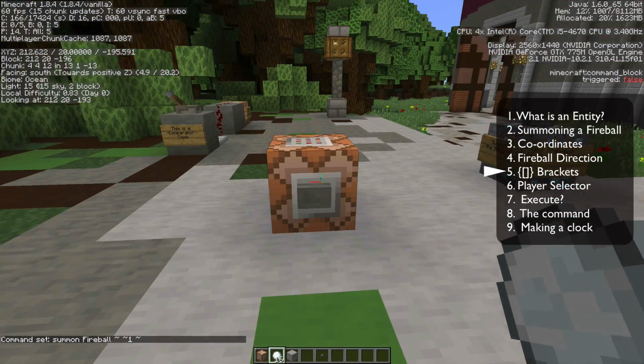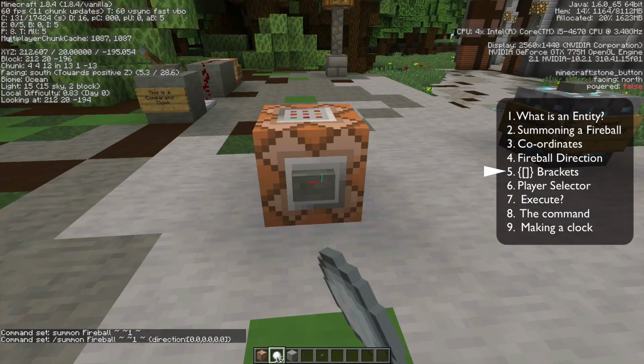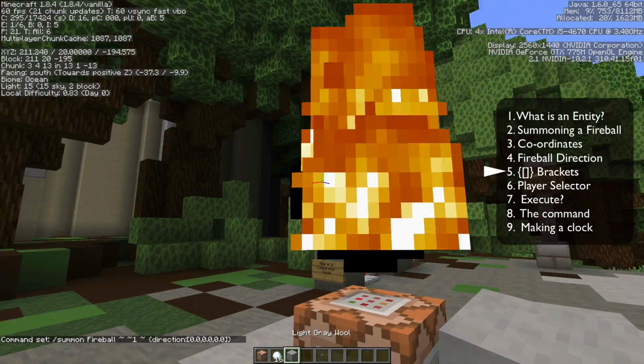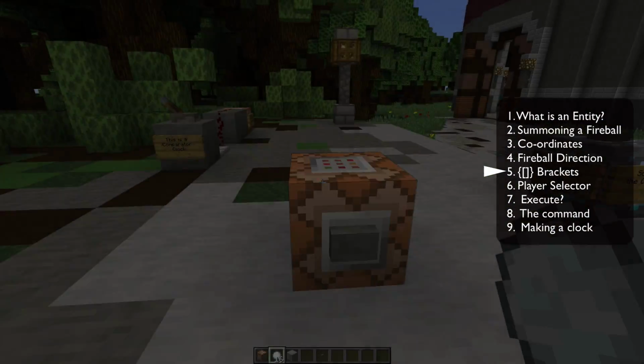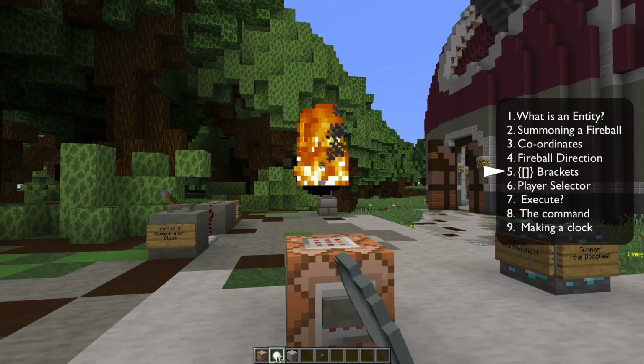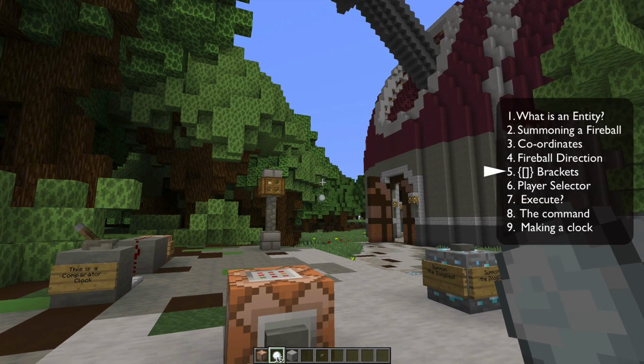Okay, right. Sorry, I didn't save that. Oh, there we go. Okay, so there's the fireball. Now you'll see when I'm looking in a particular direction and I'm punching it, it'll go in that direction. Okay, so now that we've got the fireball, we now need to have the actual snowball summon